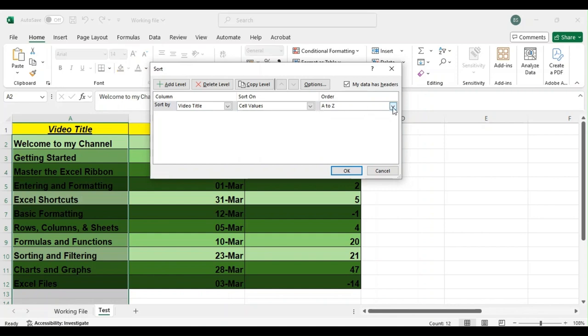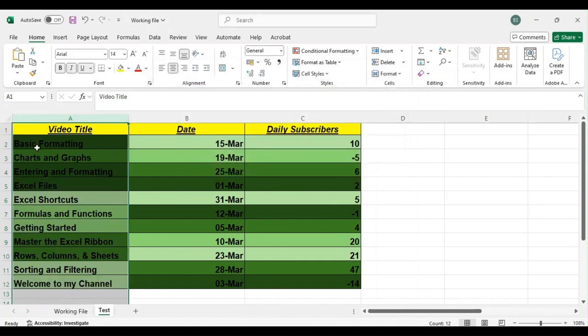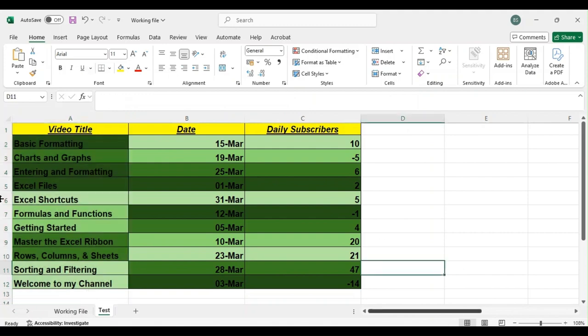And for this, you can see what order you want this column to be in. So we go either A to Z or Z to A. So let's do A to Z. And that is how you can sort it as well. Now we go back